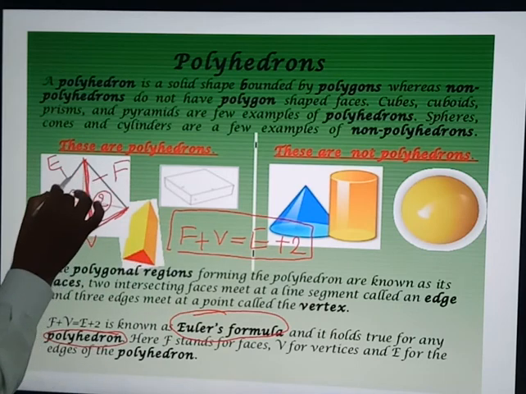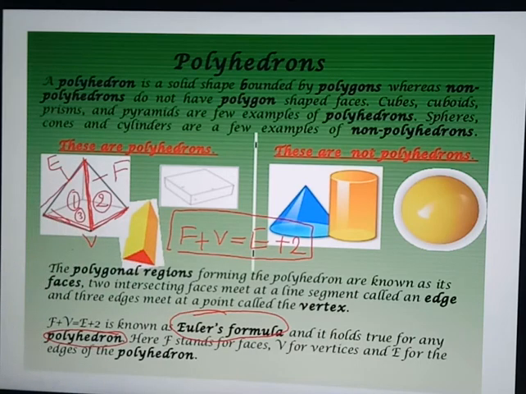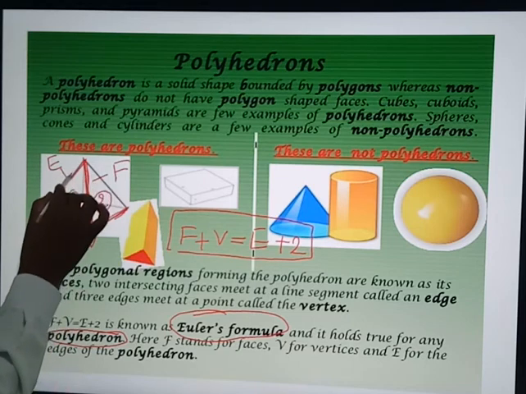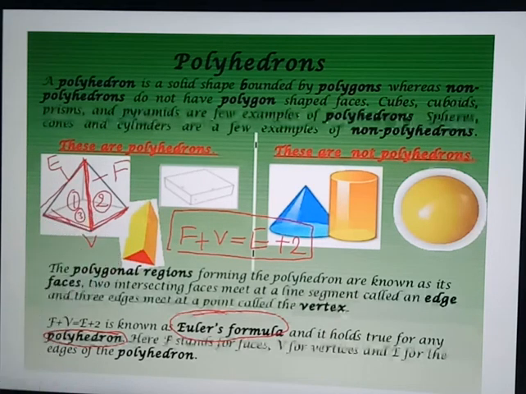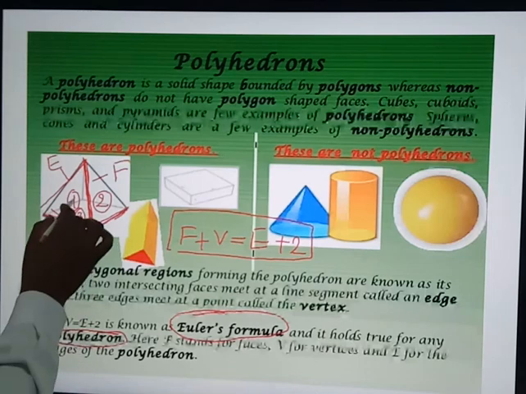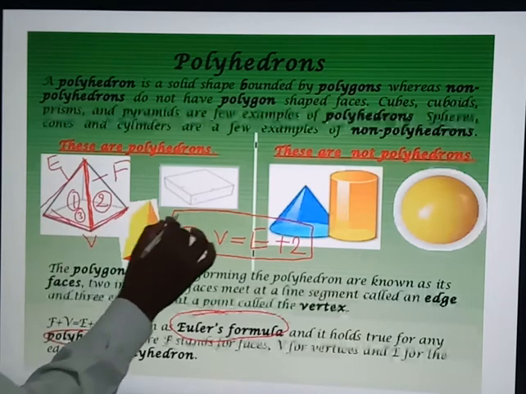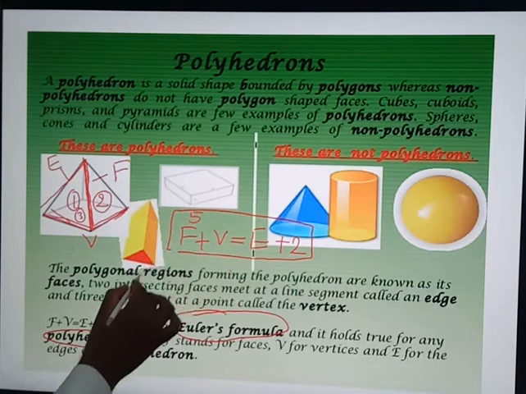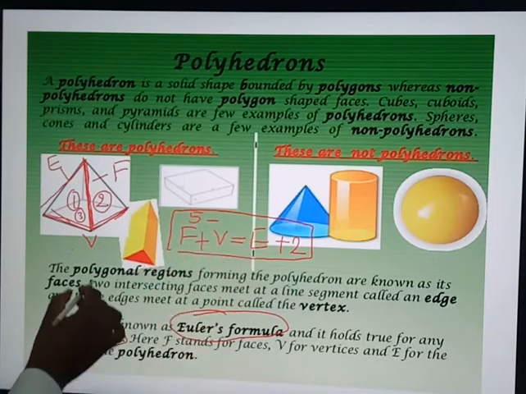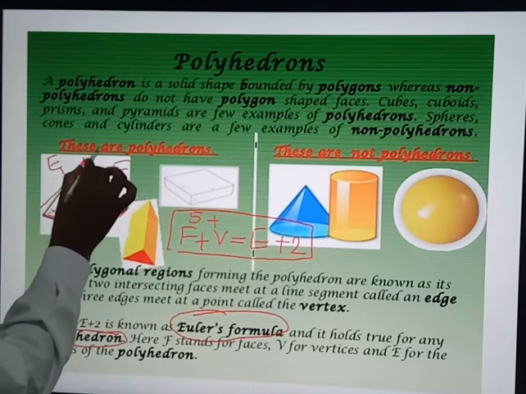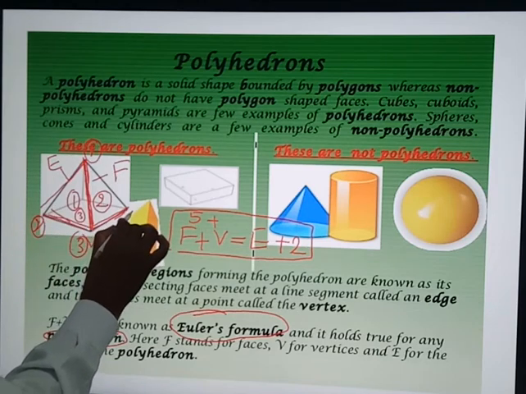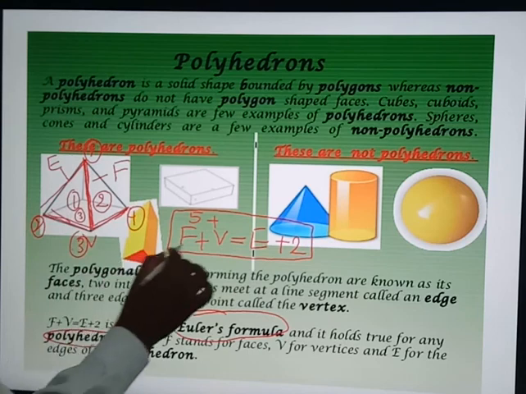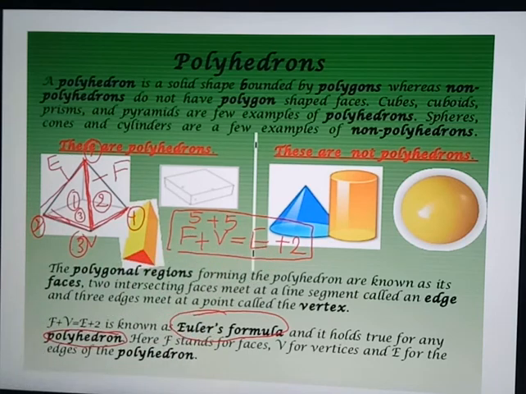Identify the first shape here. Here is a square based pyramid. So count the number of faces here. There are 4 triangular faces and 1 base face. Totally 4 plus 1, 5 faces are there. Then count the number of vertices in this one. So we have this is 1, 2, and then here 3, this is 4, and the other end 5. There are 5 vertices.